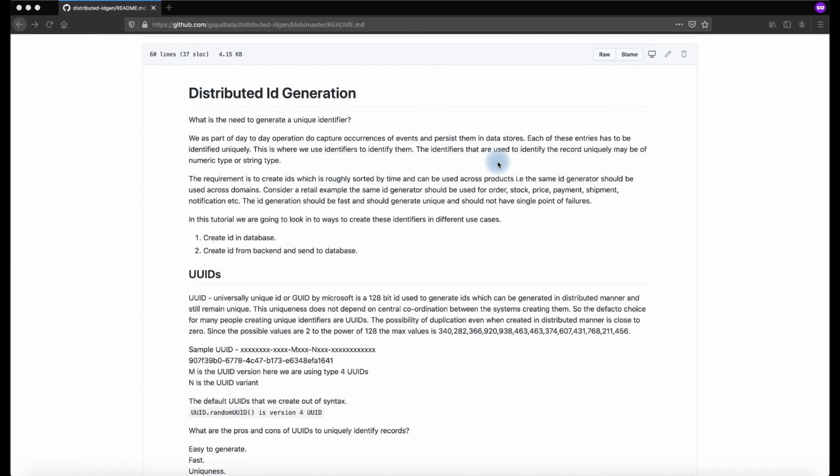As long as we can identify a particular record which happened as part of a transaction uniquely from the set of saved transactions or persisted records, then it can be numeric, alphanumeric, or anything which is a string. Alphanumeric is okay. The main requirement is to create identifiers.